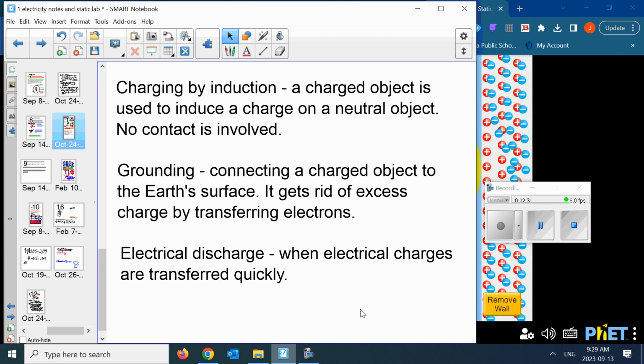Electrical discharge is when electrical charges are transferred. Grounding is what we were doing by touching the knob, right? You are connected to the Earth's surface, and somehow through the building, through the floorboards and stuff like this, the extra electrons are dissipated or gotten rid of, right? We know it had a negative. There we are. You guys have that. The bell is going to ring, and we're going to call